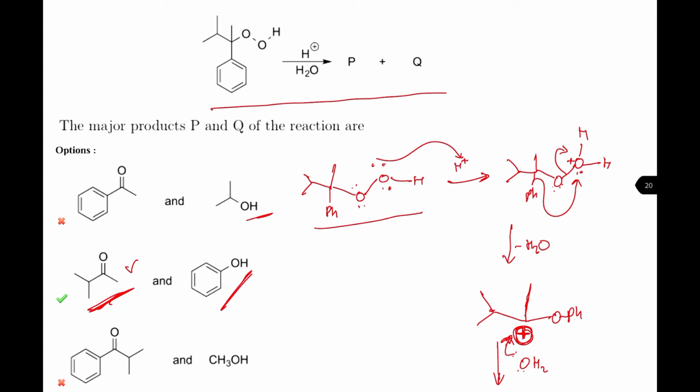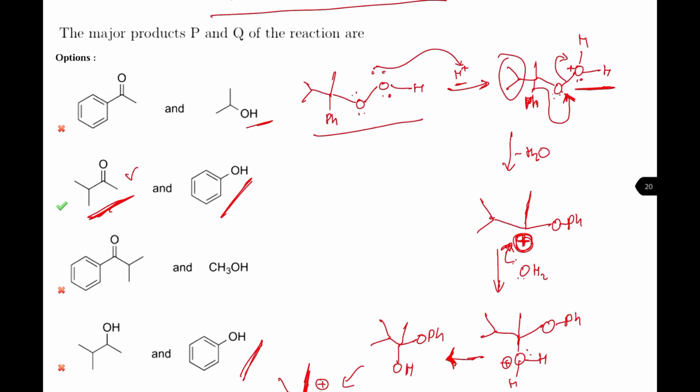If you see, this is the reactant, then H plus, this lone pair attacks the H plus, and there is a protonation of this. Then, if you remember, H3O plus is a good leaving group, there is a migration, and since Ph has better migratory aptitude than this alkyl group, therefore Ph will migrate, and as this migrates there is a positive charge here and this Ph is here, and we have minus H2O.